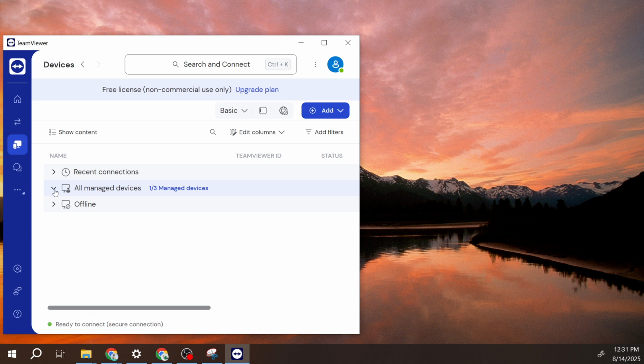And there you have it. Adding a device in TeamViewer is as easy as that. Now you're all set to enjoy the full benefits of remote connectivity and device management. Remember, TeamViewer is a powerful tool for personal and professional use, making distant collaborations and remote